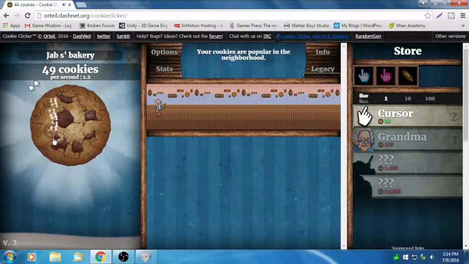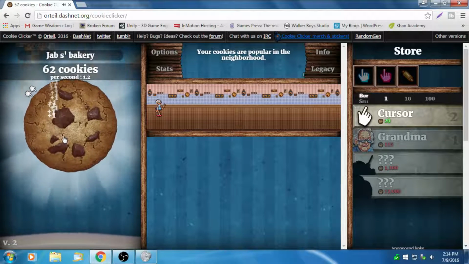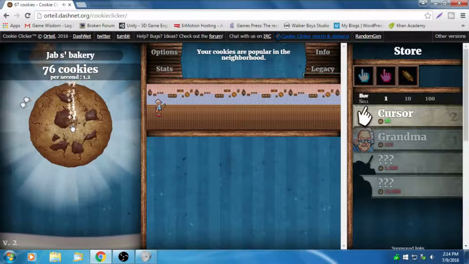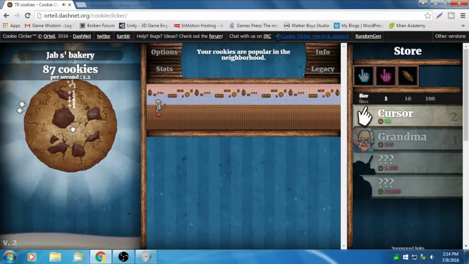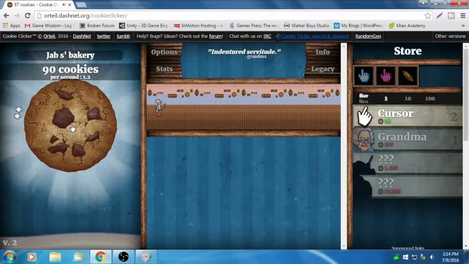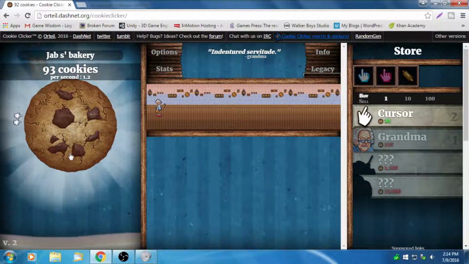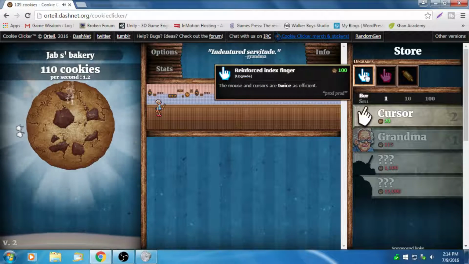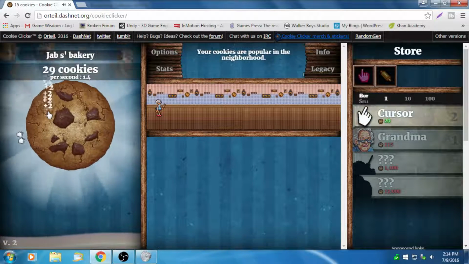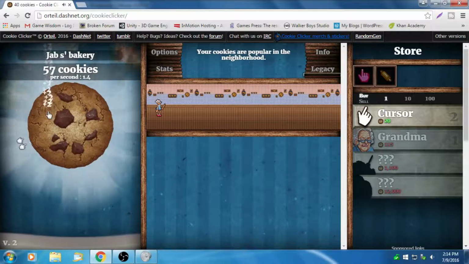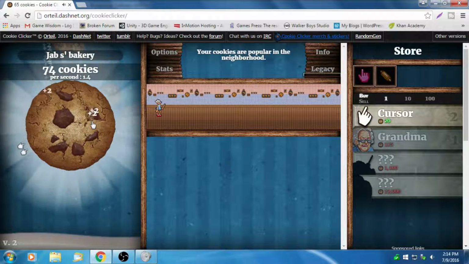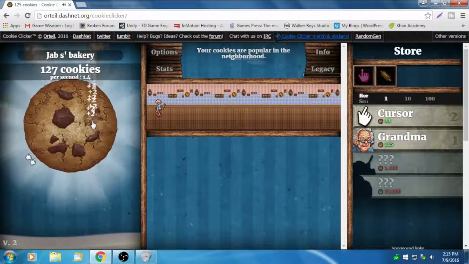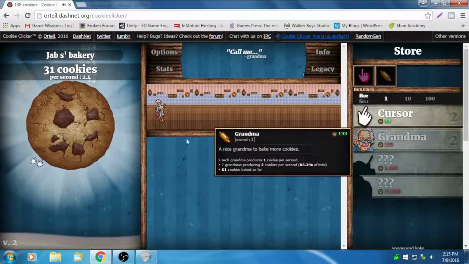Now, as we get more cookies, you can see things are starting to pop up on the right-hand side. And these things are explicitly designed to be the carrots on the stick, giving you something more to do, and more importantly, something new to achieve. Alright, we have an upgrade, so now our clicks are double, which means we are now making double the cookies in a single second. Do it again.